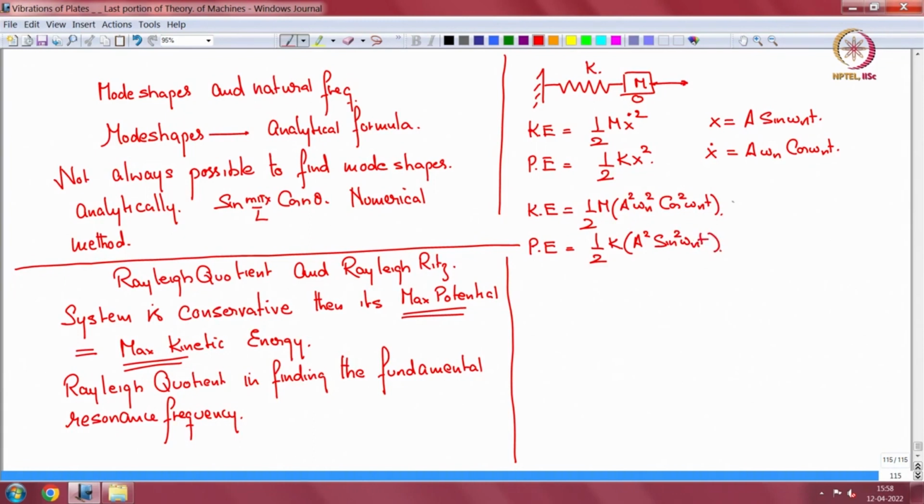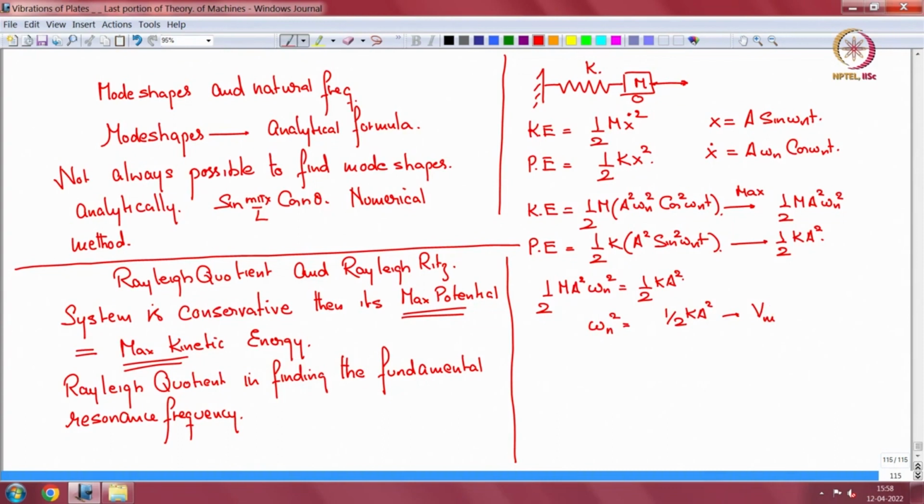The maximum value of the kinetic energy is 1/2 m a square omega n square and the maximum potential energy is 1/2 k a square. So if we equate the two,